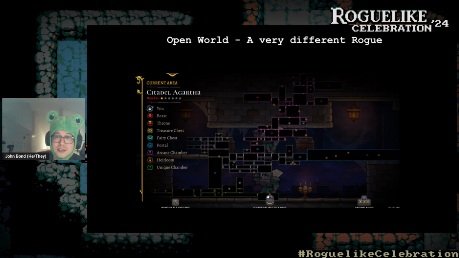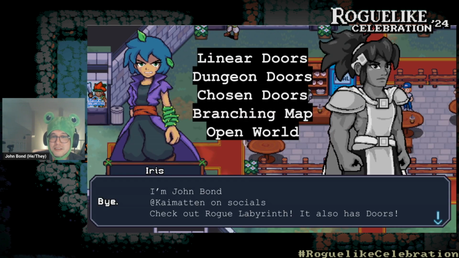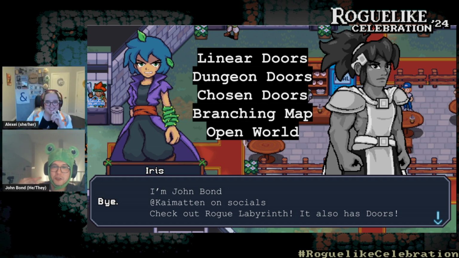I want to skip ahead to the end. I mean, that was pretty much the end anyway. But I could talk about this stuff forever. But yeah, I hope this made sense. People have a few things to think about doors. I thought about doors a whole lot in my own rogue game, Rogue Labyrinth. Final notes, I guess: just keep giving control to your player. Put in that polish. Just feel good about the decisions you make.